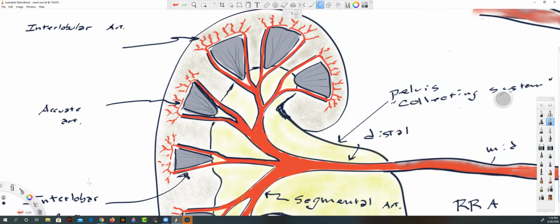Interlobular versus down here was interlobar. So interlobar, and then the little fingers are interlobular. I prefer what's actually the new nomenclature, the technically more correct nomenclature, so let's do that. Cortical